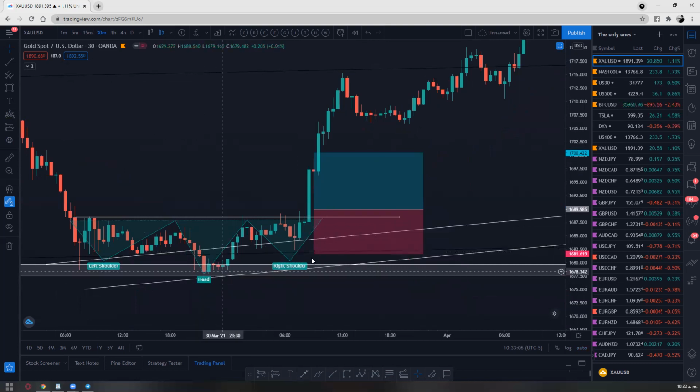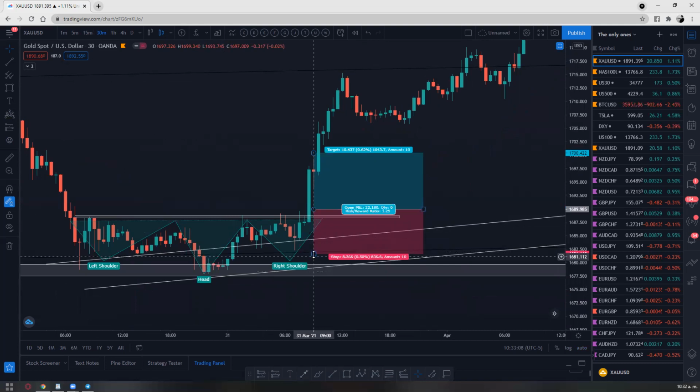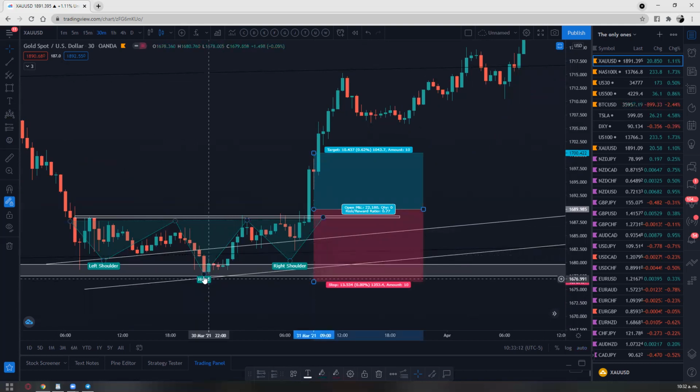It depends on your account, of course. If you want, you can also put it below that last low, but that would be too much. To me personally, that would be too much. Usually the correct way to do it on price action is a couple of pips below that last low, just to prevent, because it's creating a higher low, and then this push, you see this big doji right here, this is starting to push.